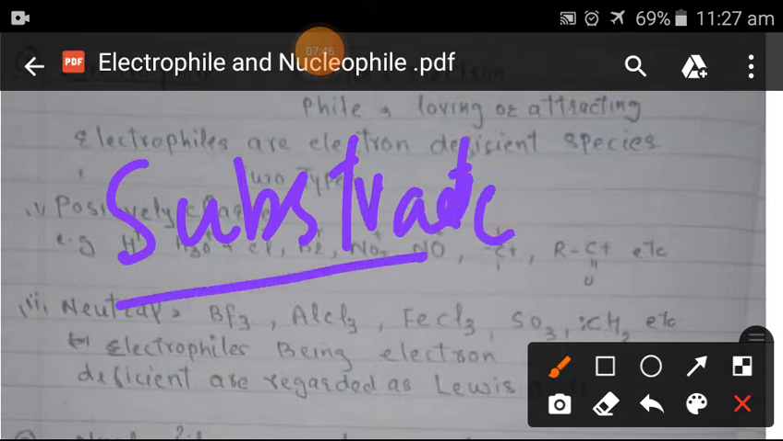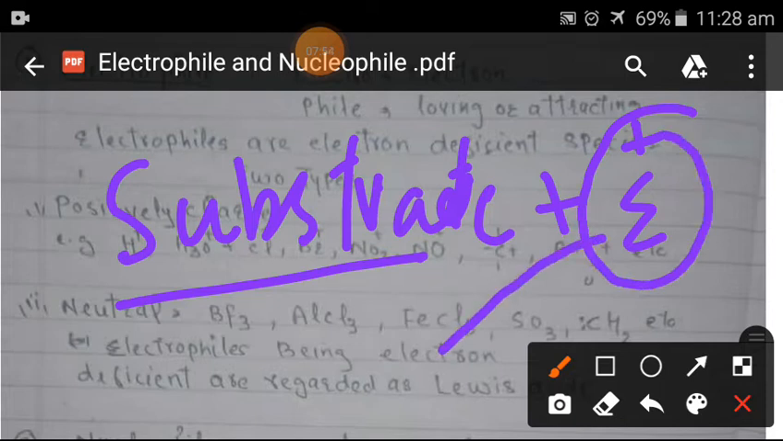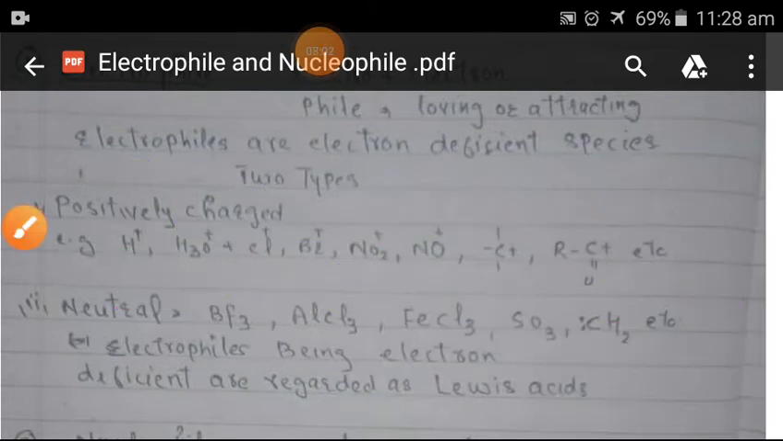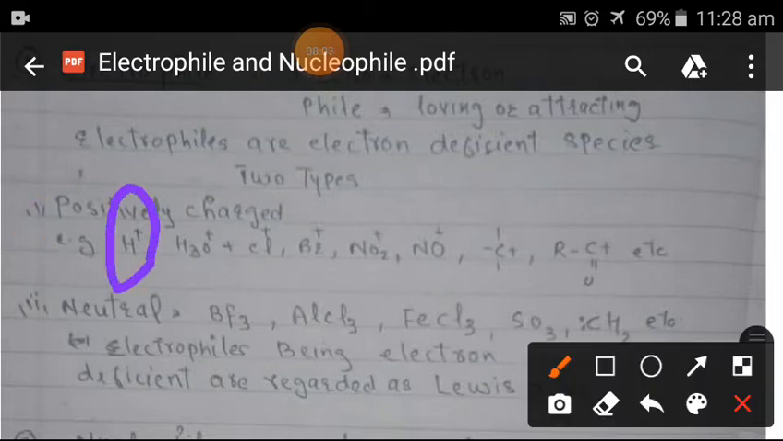So reactants mean a substrate where the electrophile, having positive charge, which is electron deficient, will attack on this substrate, and this results in the formation of a new substance that is called the product. Clear? So here the positively charged electrophiles are, H positive is an electrophile because